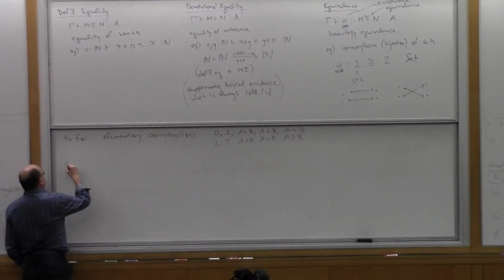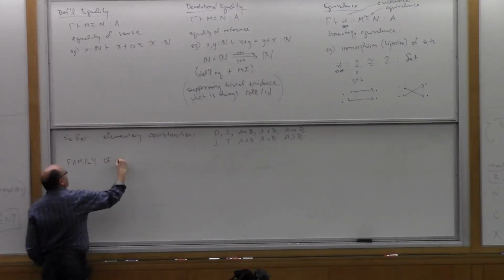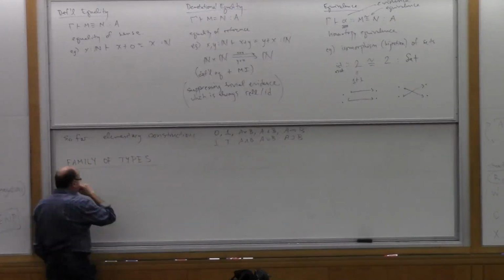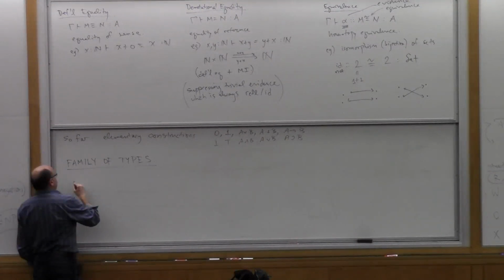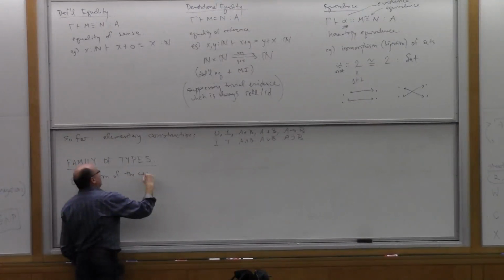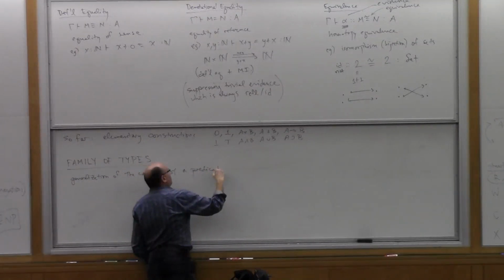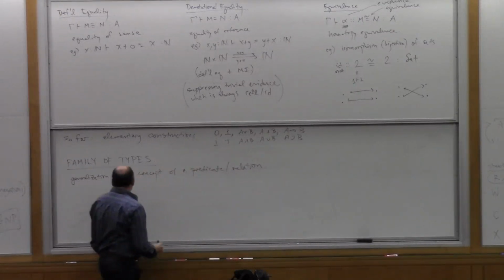And the thing that I want to talk about here is the notion of a family of types. Okay, this is critical. And what this is, you can think of it as a generalization, really, of the concept of a predicate or a relation as it comes up. Okay? So, for example,